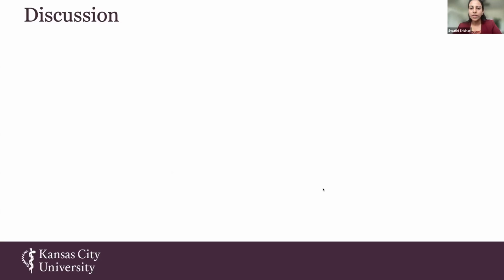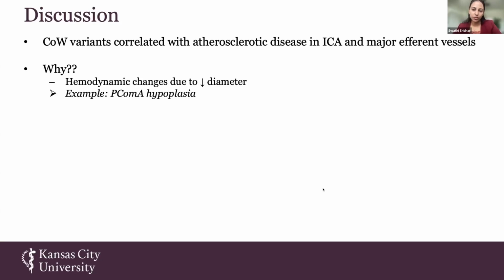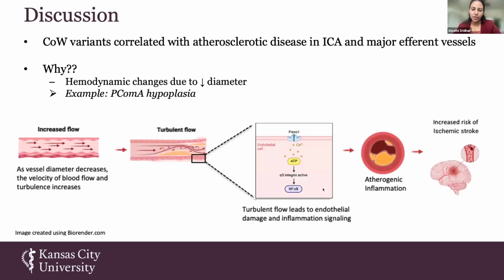This correlation between the ICA and the major efferent vessel stenosis and the variation aligns with the findings in our circle of Willis variation studies. But let us take a minute to understand why we may be seeing this association. This observed association may be caused by hemodynamic changes due to decreased diameter. For instance, when the vessel diameter decreases, it leads to an increased flow velocity. Heightened velocity leads to turbulence in the blood flow, and this causes higher shear stress on the walls of the